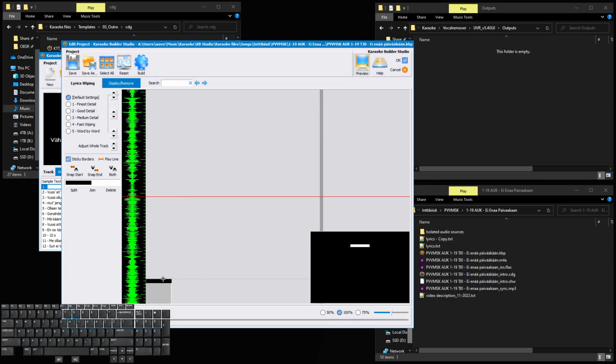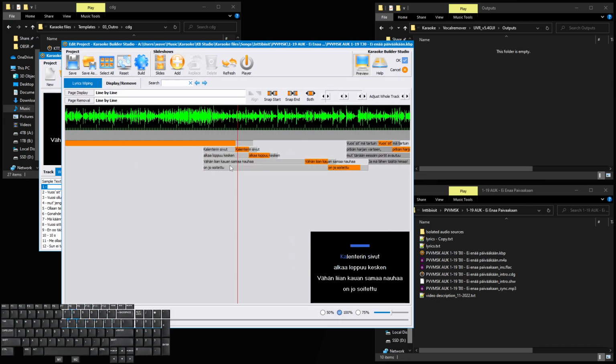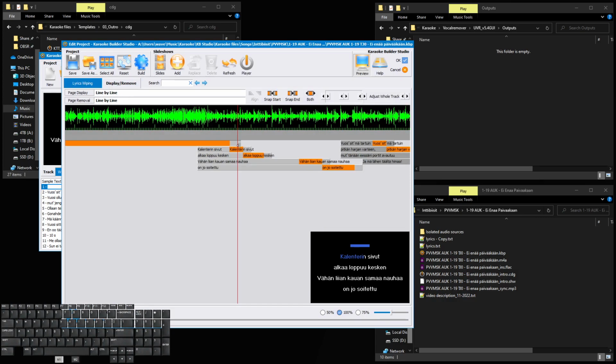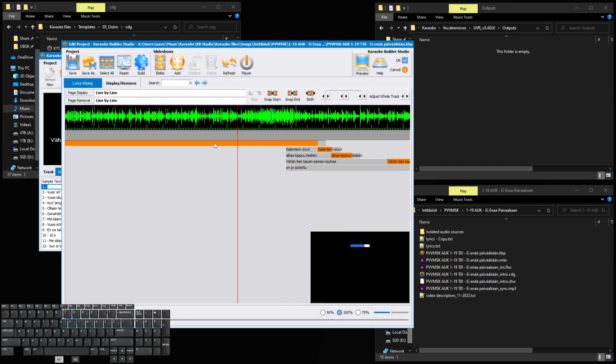Holding Control and arrow keys to fix that. Bring this here to 5.8 seconds. And then fix the end of this. One, two, three, four, 5. Just like every other word disappears after half a second. Okay, and now